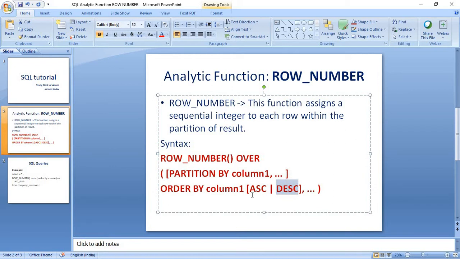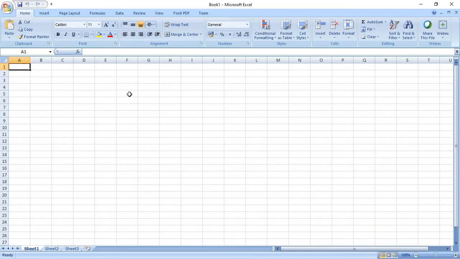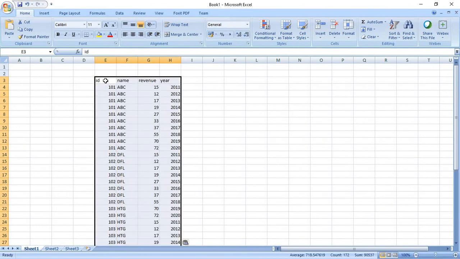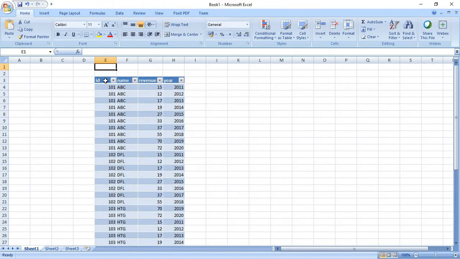So let's move to the practicals. To demonstrate row number, we have a table called company revenue. Now our problem statement is something like this, let me walk you through the Excel. We wanted to generate a sequence number for this table.